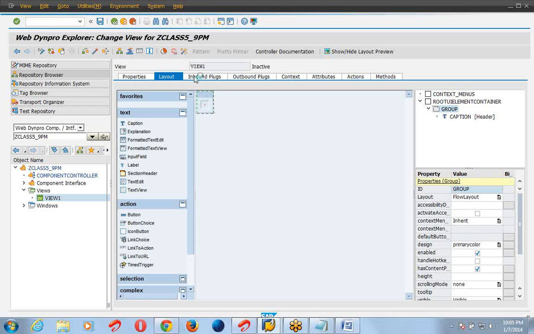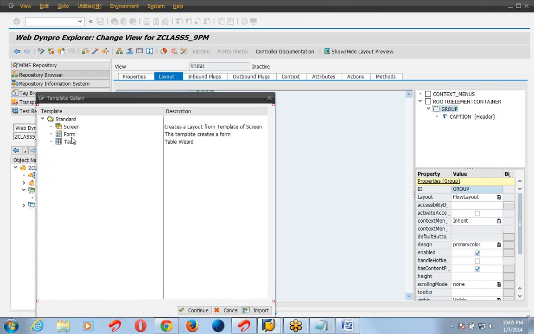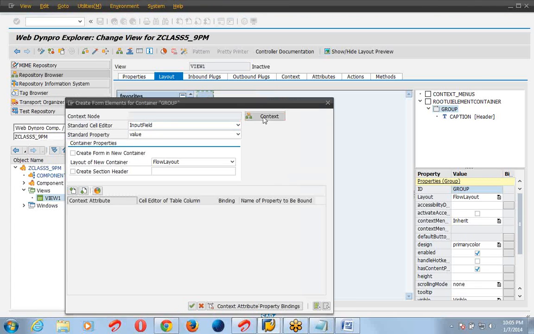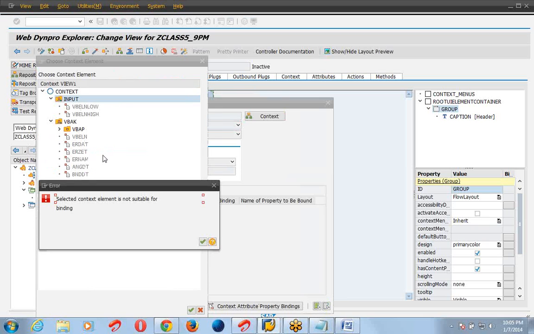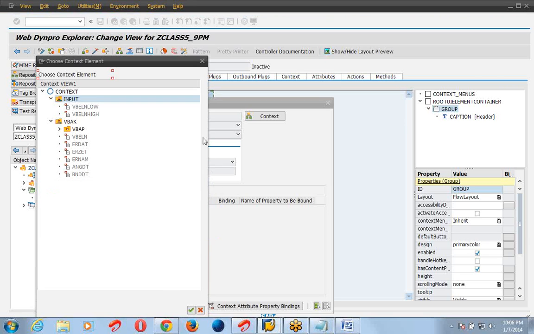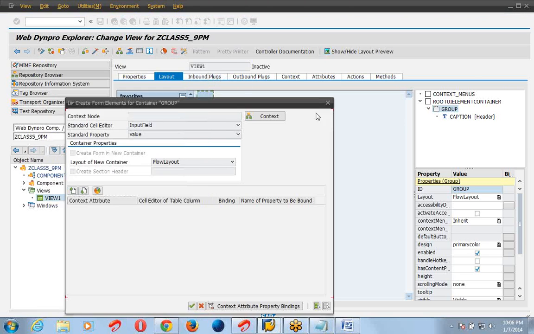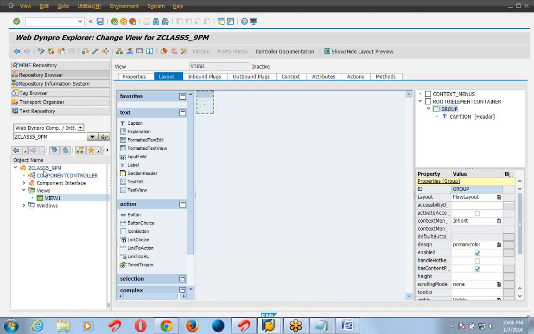Now in the group, we will create a form. To create a form, go to wizard, click on form, select context. Which form we want? Let me create the form again.